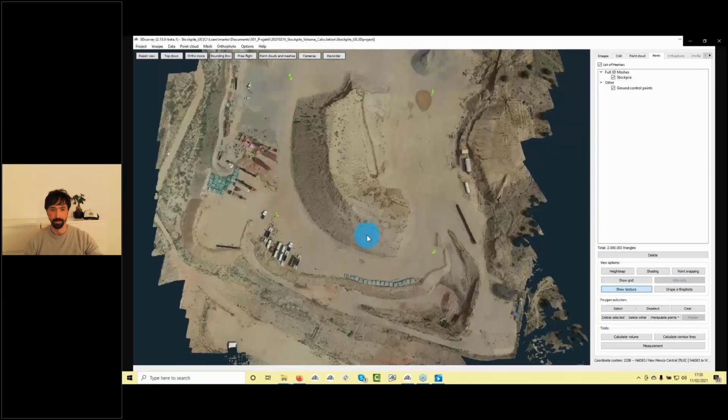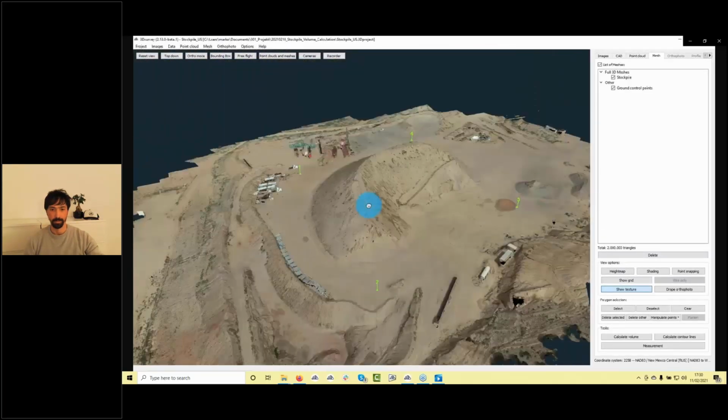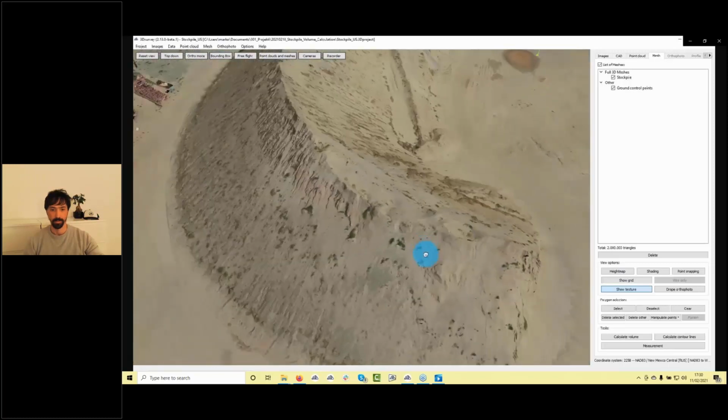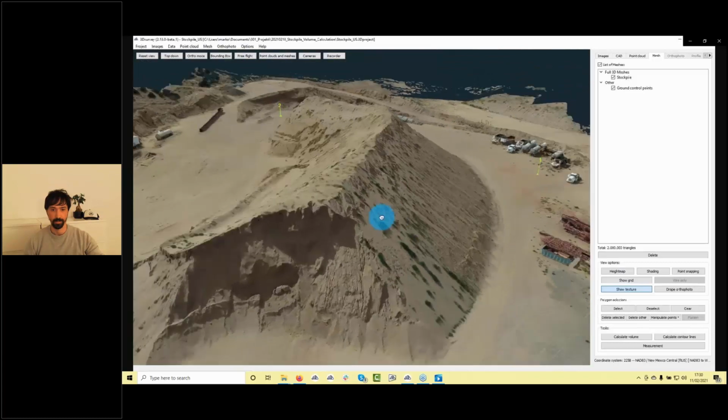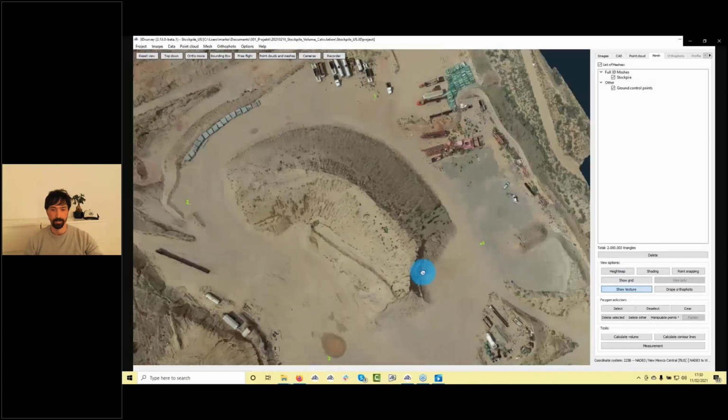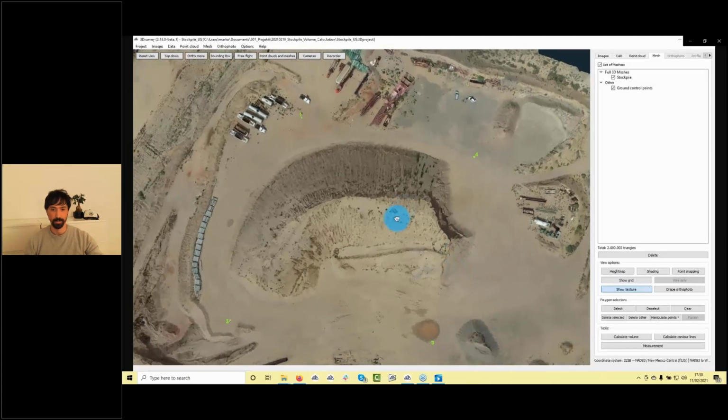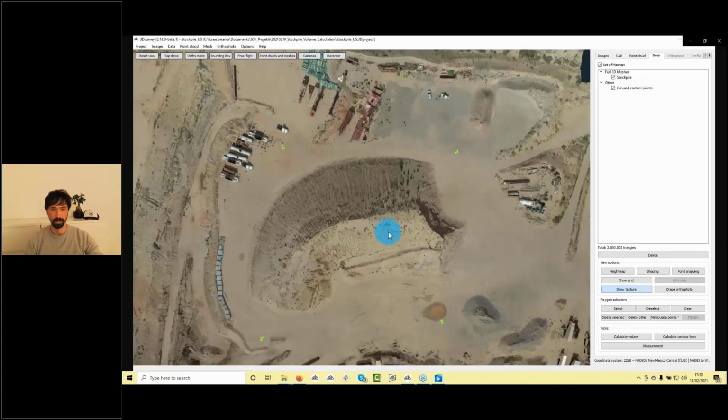And here we can already see our textured 3D model. If I zoom in again, pretty detailed, really nice one. And this is already a good basis for calculation of a true orthophoto, which is our end step. So now we have point cloud, we have mesh, we still don't have orthophoto, so I will click on orthophoto,